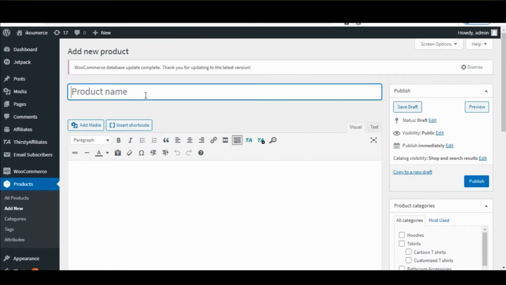So here you will add the name of the product, the title of the product, that will be visible on your product homepage. So let us just add a product over here. I'm just showing you a sample how to add a product.